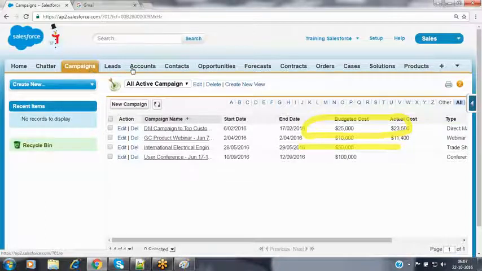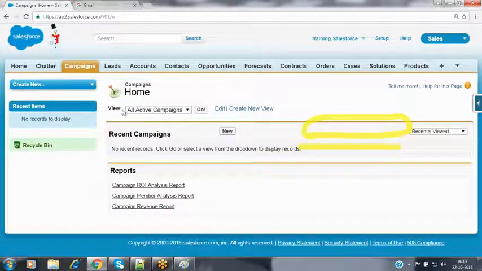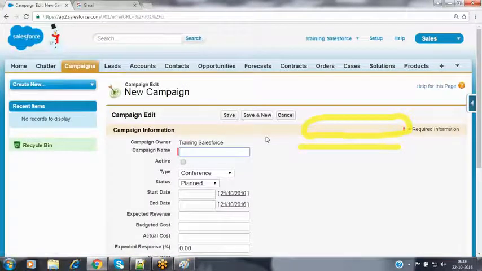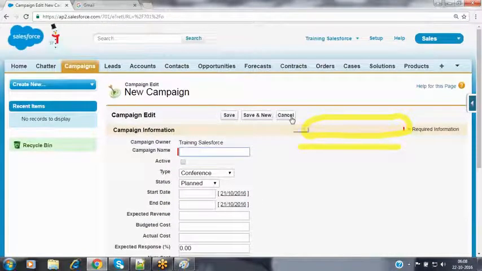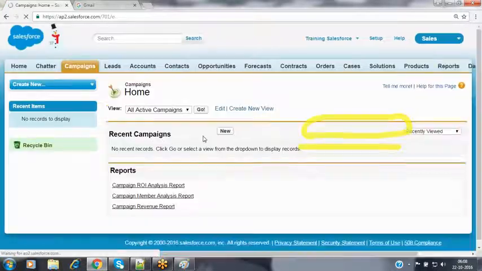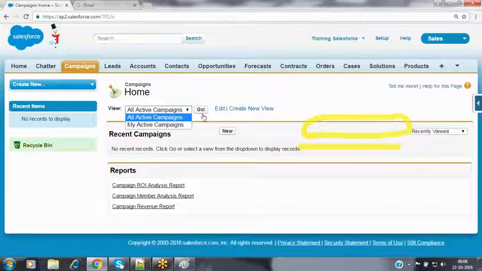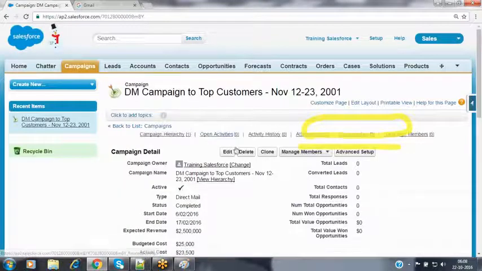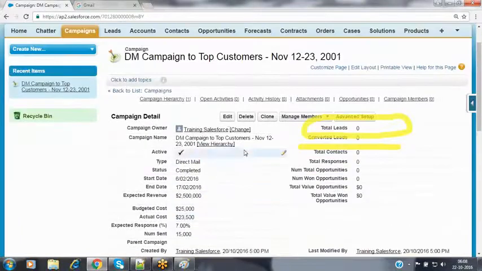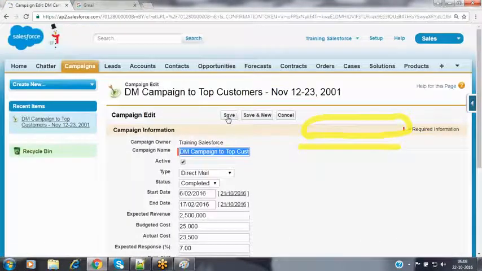Now, when you go to campaigns, not only can we read the existing campaign records, we can create our own records also. For that, there is a new button available. Click on the new button. It provides a graphical user interface by which we can enter data in order to create a new campaign record. Once you create the campaign record, we can modify that campaign record also. Let's see. We already have a few campaign records given by Salesforce to us. To open a campaign record, click on the campaign record name. Now the campaign record details will open for you. We can click on the edit button to modify that campaign.